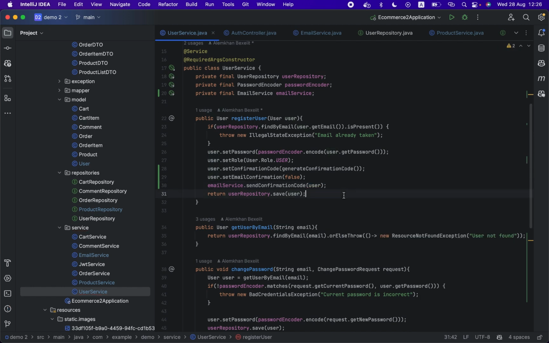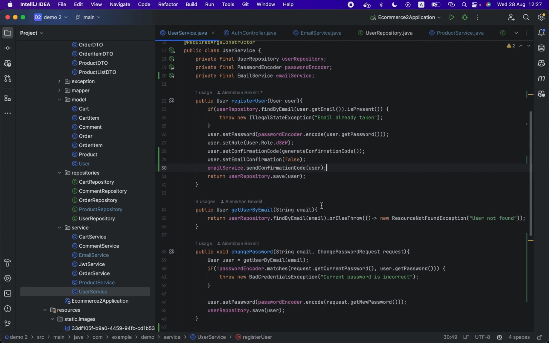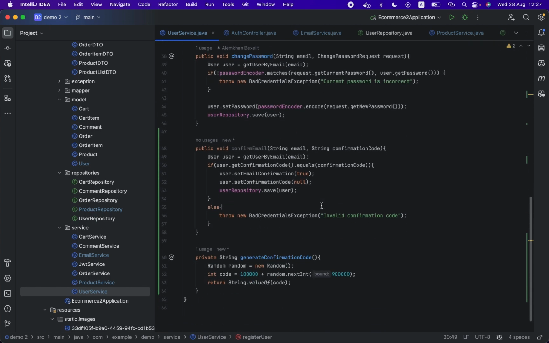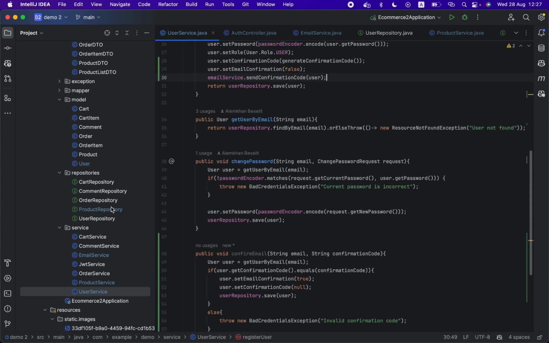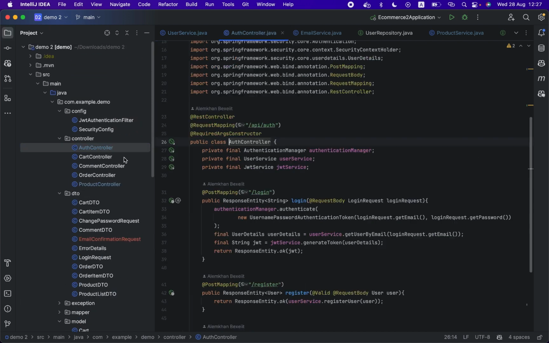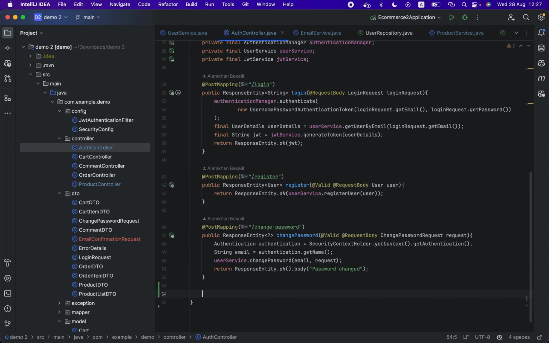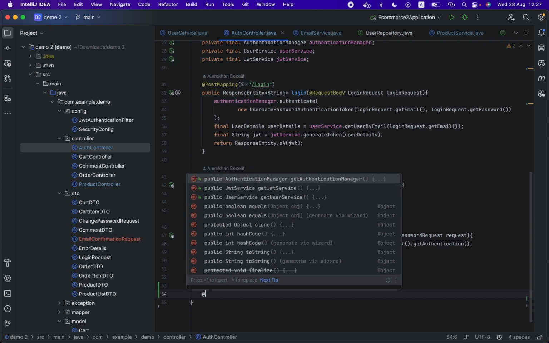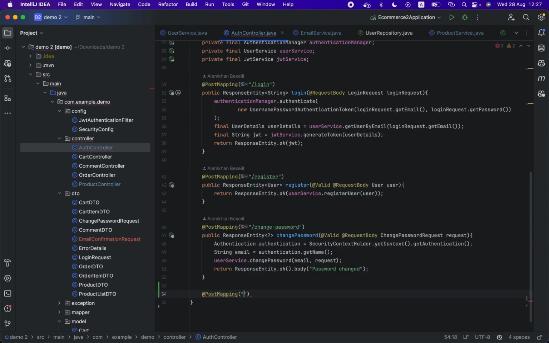Okay, that's it, which means that our confirmation code is going to be generated and the confirmation boolean is going to be false. And if this email is confirmed, then of course it's going to be changed to true. That's why we need to create a new endpoint for our auth controller, and we can simply name it confirm email, using a post mapping, of course, because we are going to send data to our server such as code